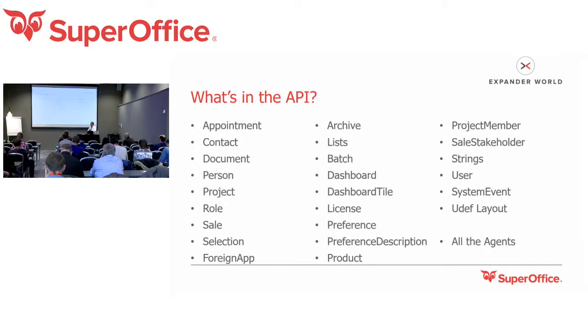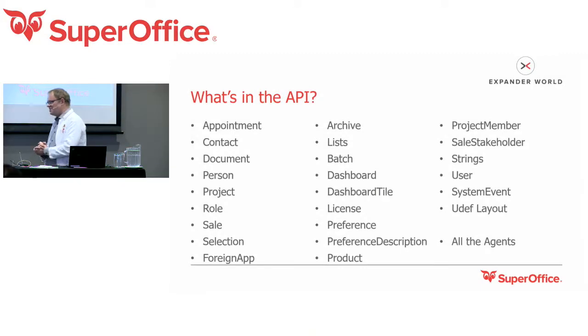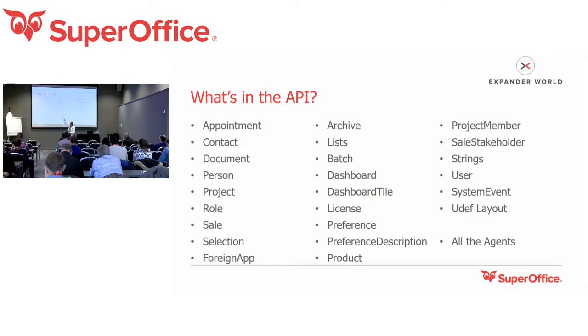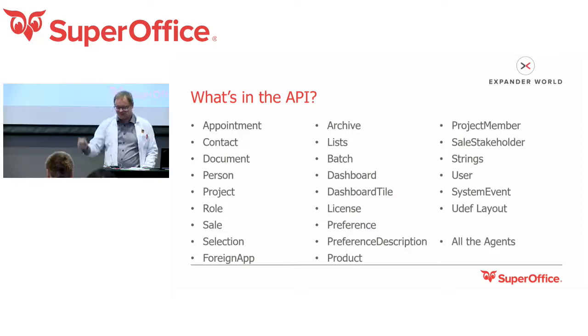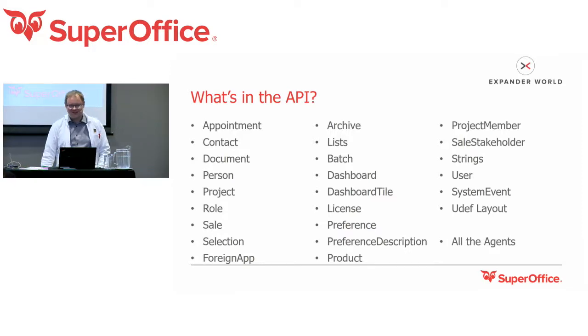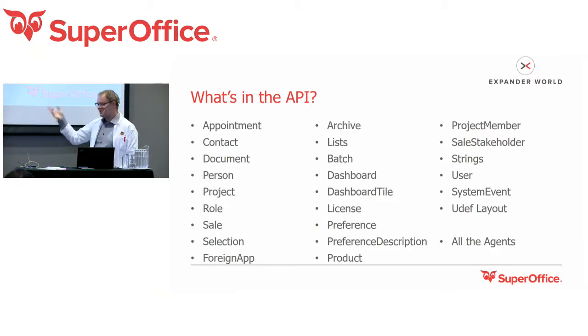So what's in the API? We have all our major entities: appointment, contact, document, person. We have foreign keys. We have all the archives. So all the archive providers are exposed through a nice little endpoint. We have all the different built-in lists and custom lists, dashboards, licenses, user preferences, products, members and stakeholders, strings,